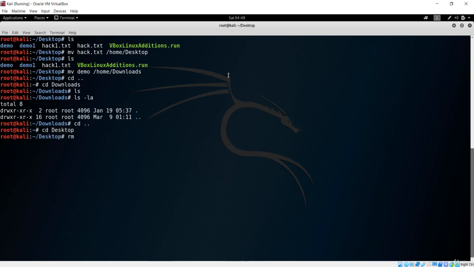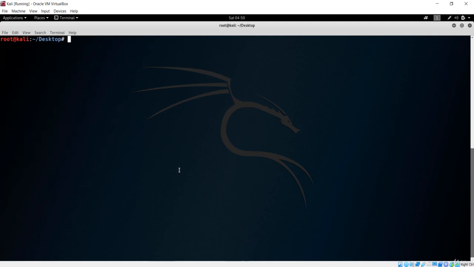So rm is to remove, and if you want to remove any file, let me say hack1.txt, it should be rm and hack1.txt. So if I list now, it has gone because of this rm command. And if you want to force delete a file, you use rm with the file name, and everything will be deleted. So just be careful about this rm command, it is a very dangerous command, so you have to be very careful while using that command. So next we'll see about the system and the user information.